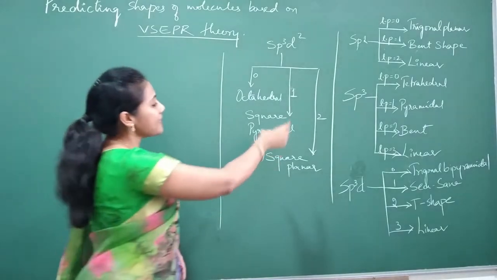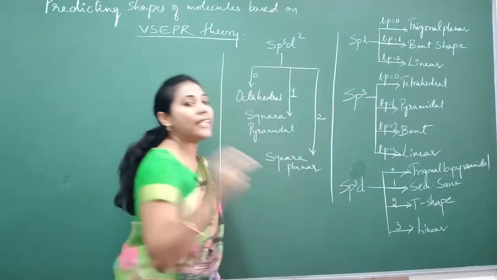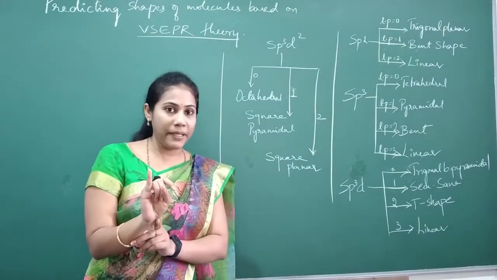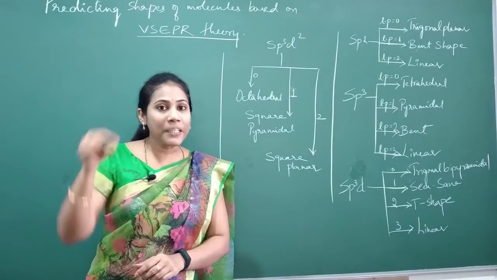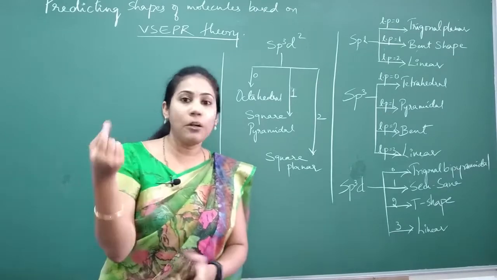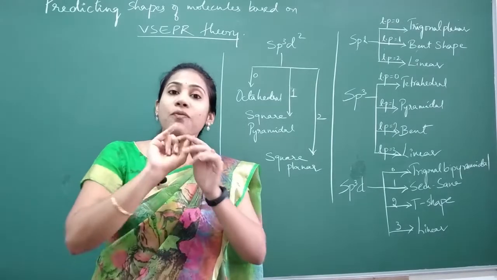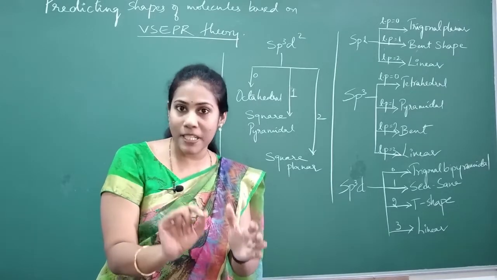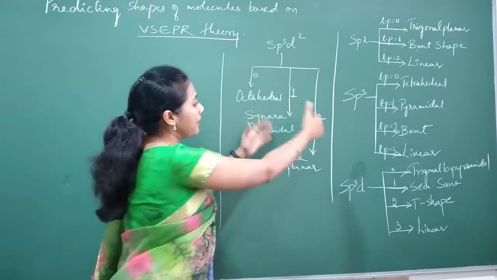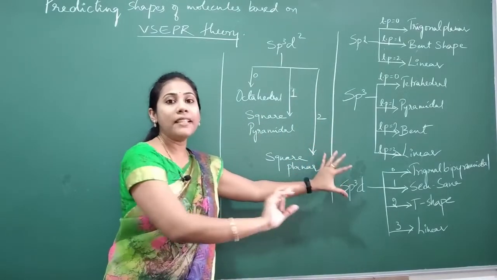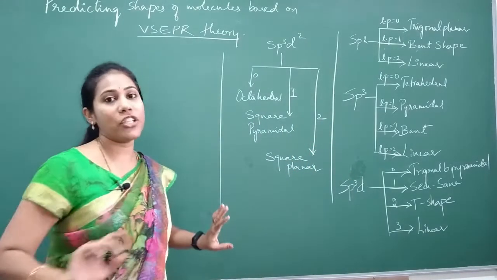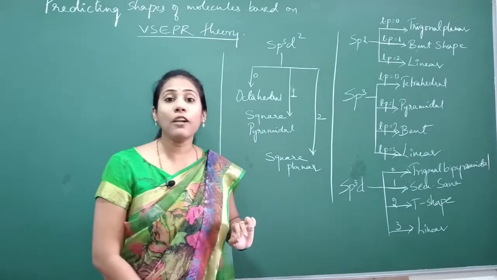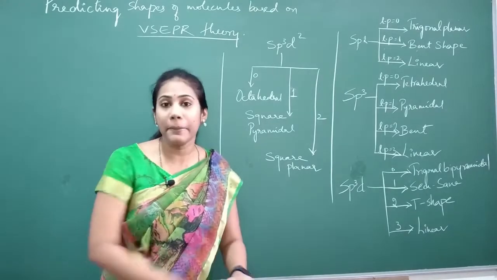So this is the entire idea. You should keep it in your mind. You should know how to find hybridization, and in that process itself, you will know how many lone pairs are there. Once you know the hybridization along with the number of lone pairs present, all you have to remember is this. So apply this concept and give the shape of a molecule. The concept is very simple. Now we'll work it out with an example so that you will understand better.